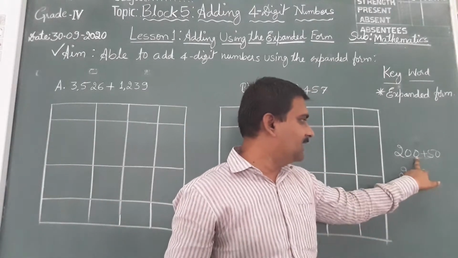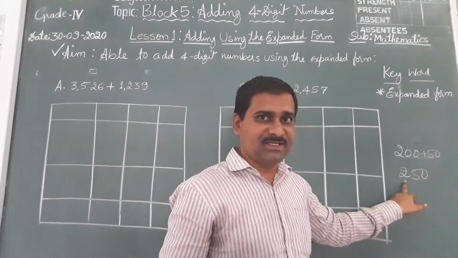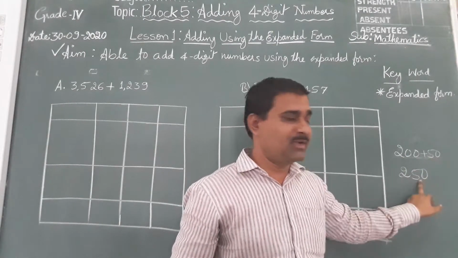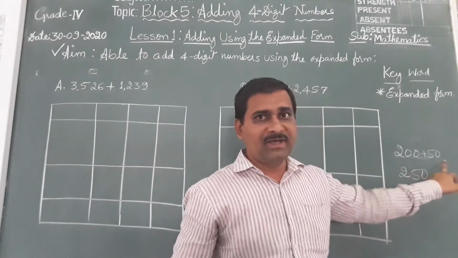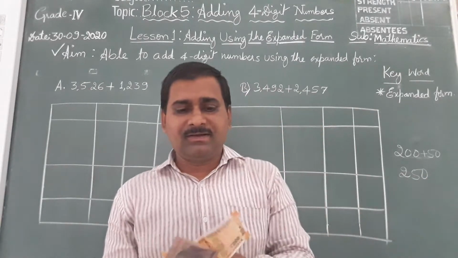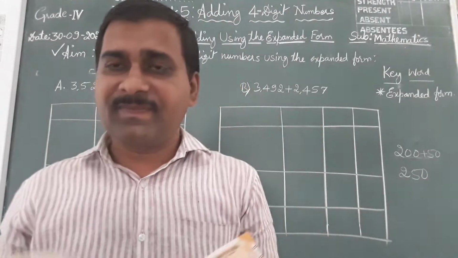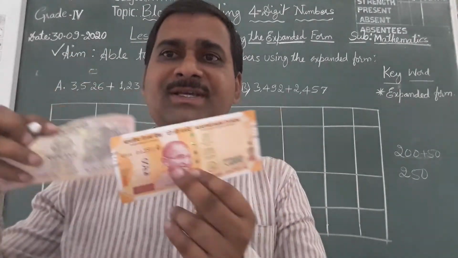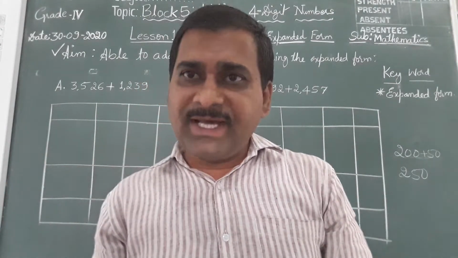So in 200, the 2 takes the hundreds place, and in 250, the 5 takes the tens place and 0 the ones place. When somebody tells you to add, you will say it is 250. Understood, children? So in today's class,